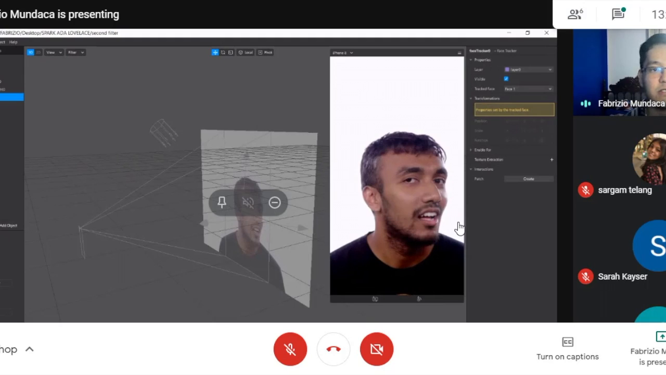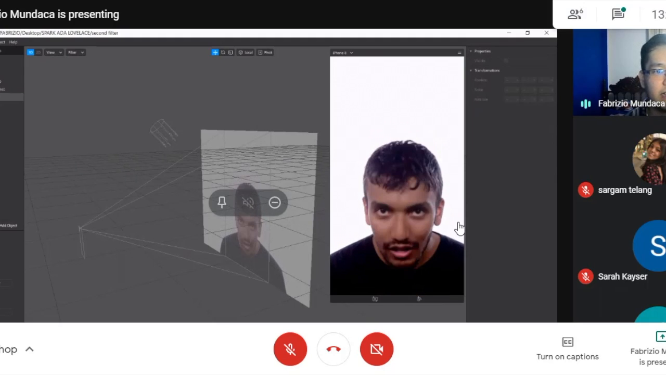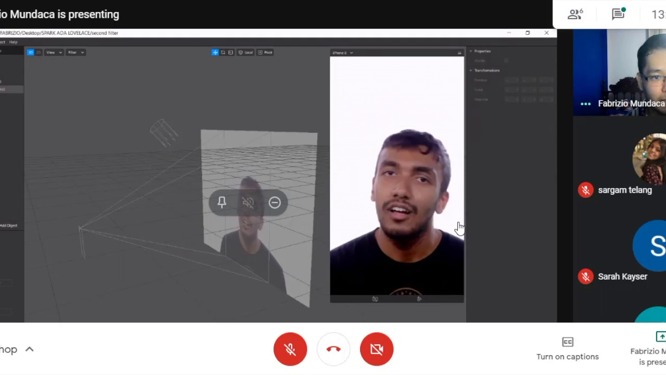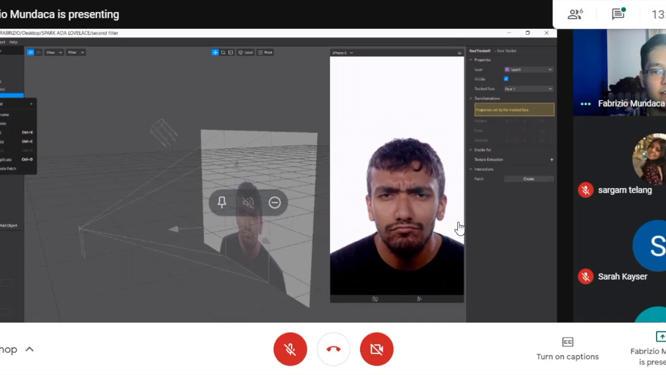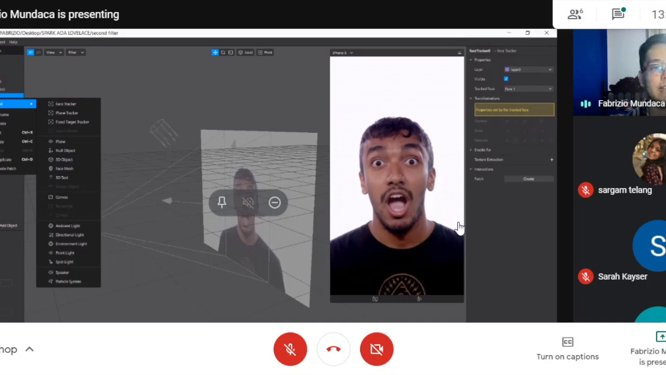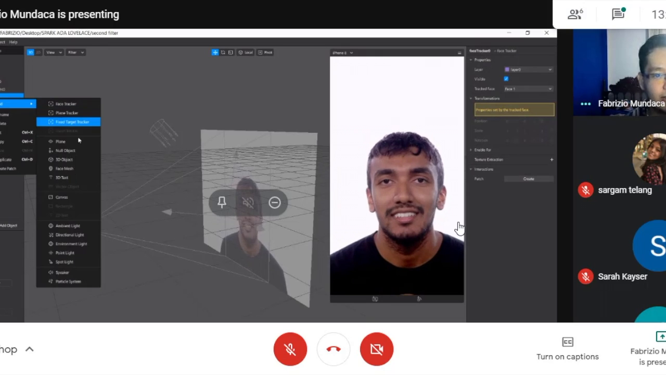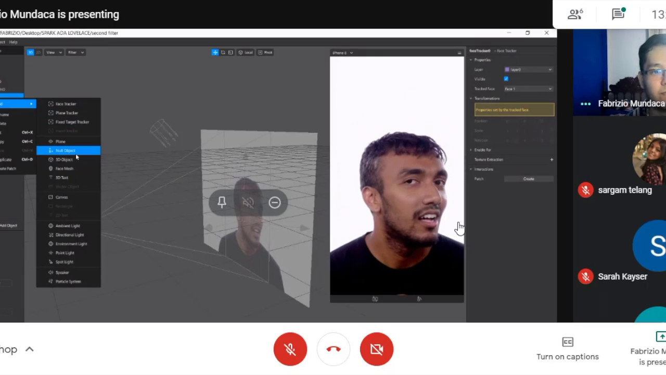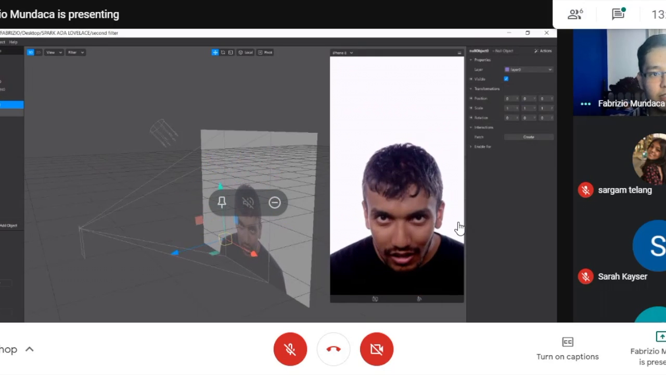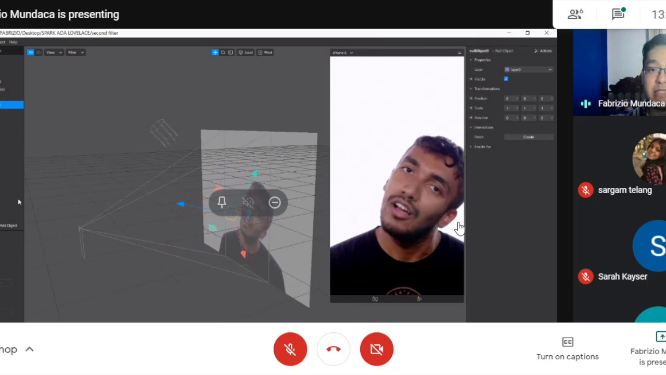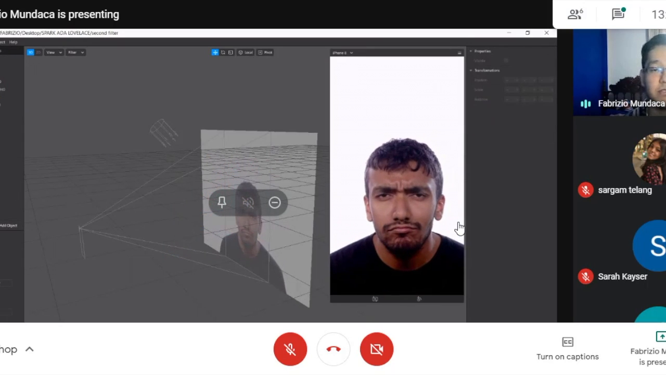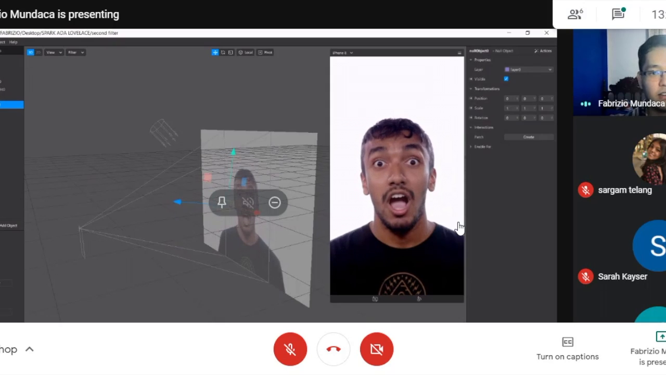So I'm going to insert inside face tracker, right click, add, and I'm gonna add a null object. A null object is an invisible object too, like face tracker. Okay, this null object